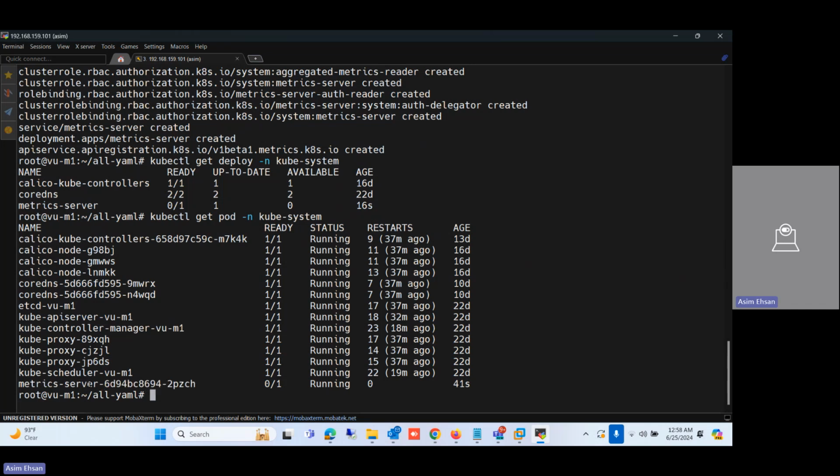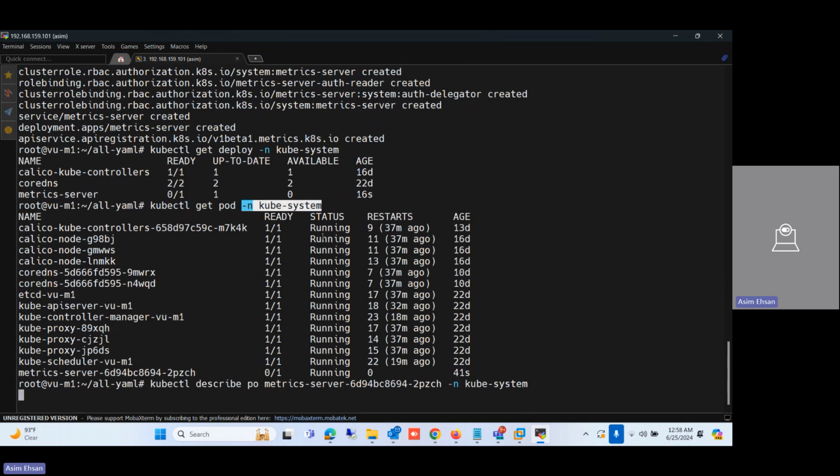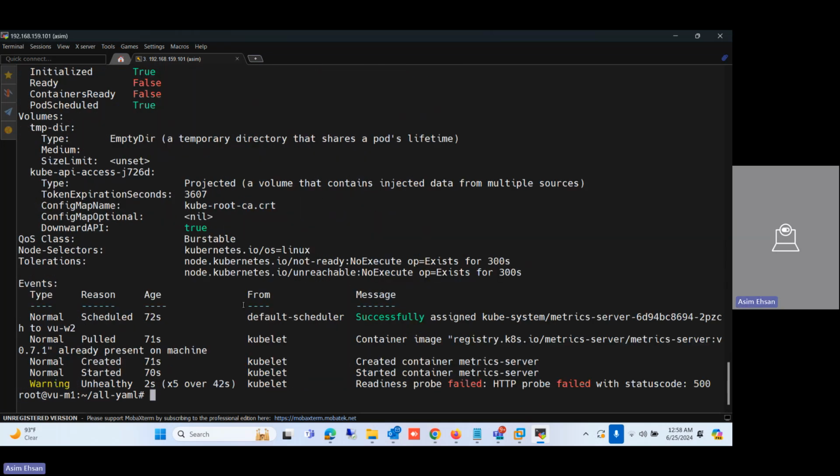This metric server pod is running under this deployment, and if I look into why 0 out of 1 means, the one container inside this pod is not ready. So if I do a kubectl describe pod in the namespace kube-system, so you can see